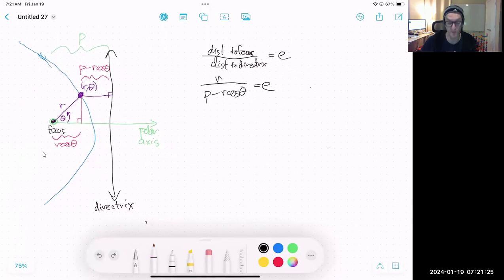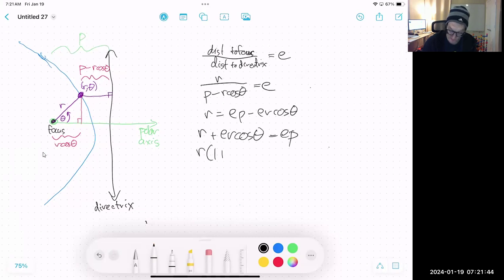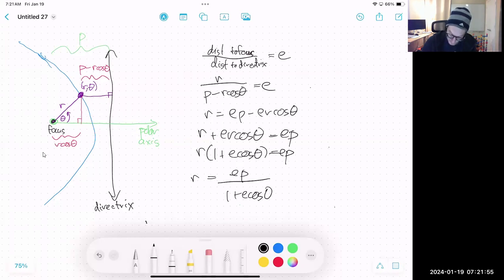Okay, back to this derivation. What do we get? We get r equals EP minus ER cosine theta. Again, I'm just multiplying through by that denominator to get rid of all the fractions. Now I will solve for r. So I just move this over to the other side, factor out an r, and divide. Okay, and now I once again have this beautiful equation, EP over 1 plus E cosine theta,